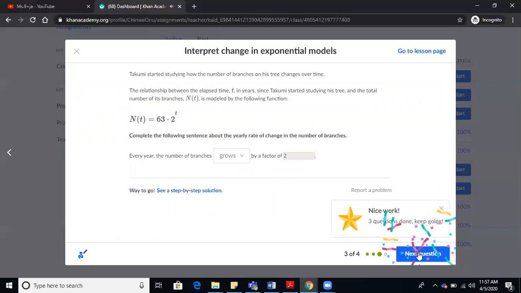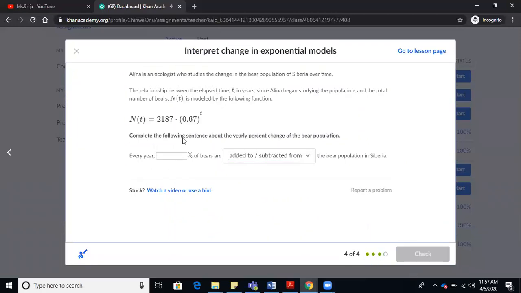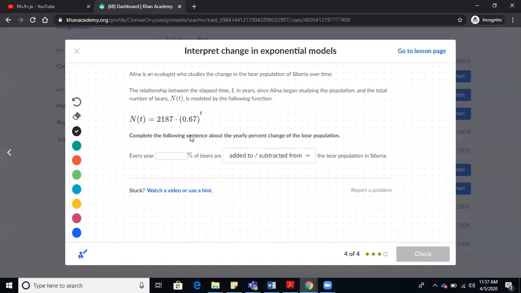And I check. Let's go to my next one. The next one wants me to change my change into percent. So I'm going to look at what's here. It wants my decay rate, so I just have to subtract. This is less than 1, so I know this will be subtracted from. And I'm going to subtract this